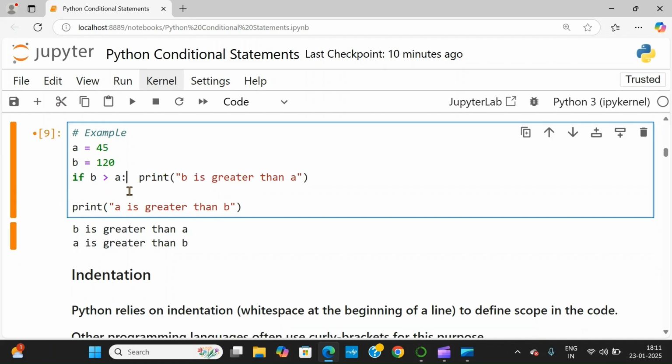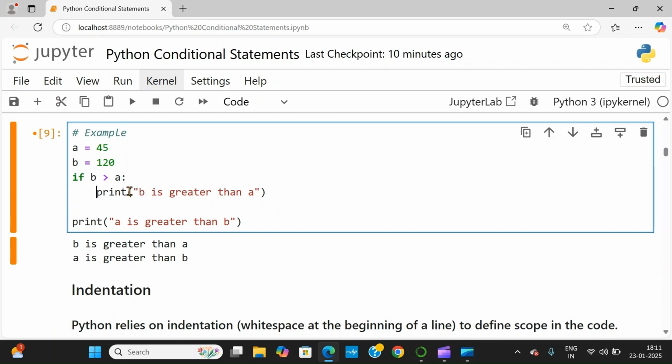Suppose I make it like this and just press enter, you can see it automatically starts here. That means the block is starting here. After that, I don't have any line here. If you want, you can add some lines. That means if the condition is true, this is getting executed. If the condition is